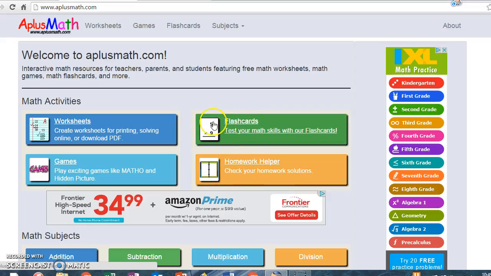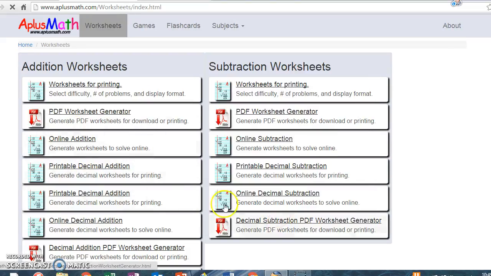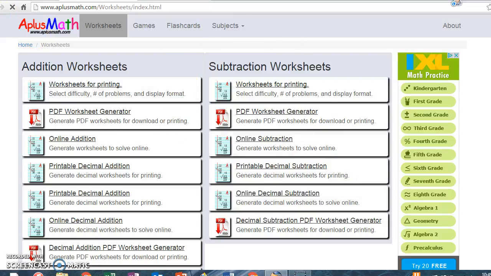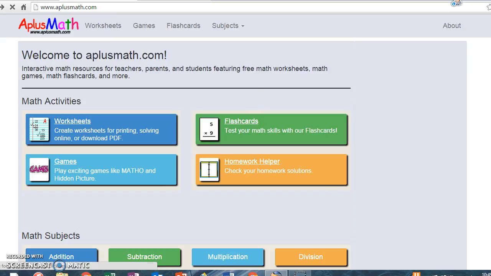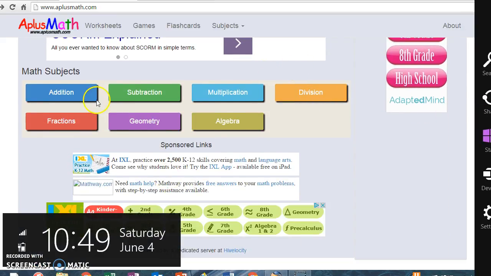Teachers could give students this as a tablet, and then they can go and do the flashcards themselves, or they can do those at home. They also have worksheets that basically help the teacher create worksheets, and then there's also worksheets offered for the teacher. There is addition, subtraction, multiplication. So if you click on